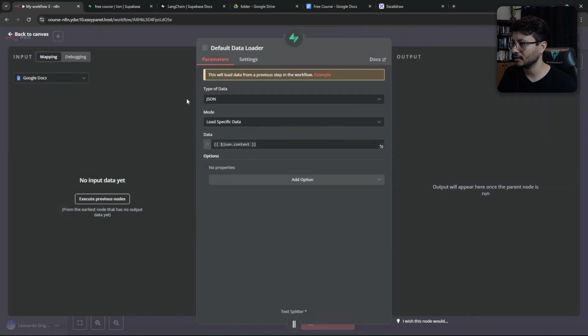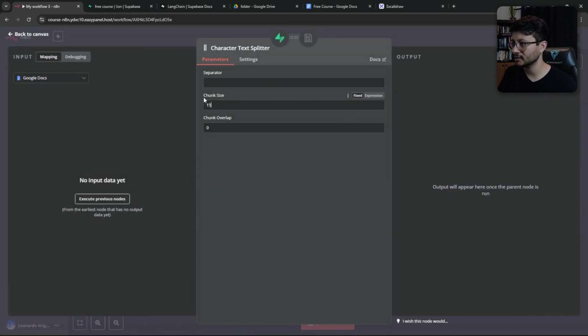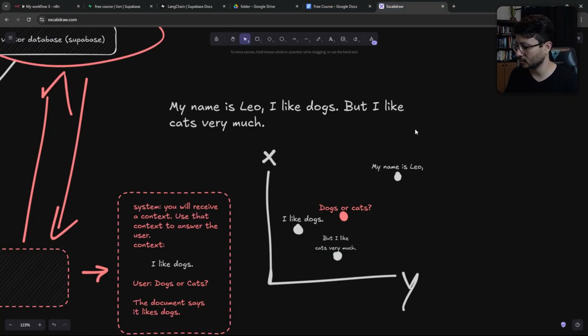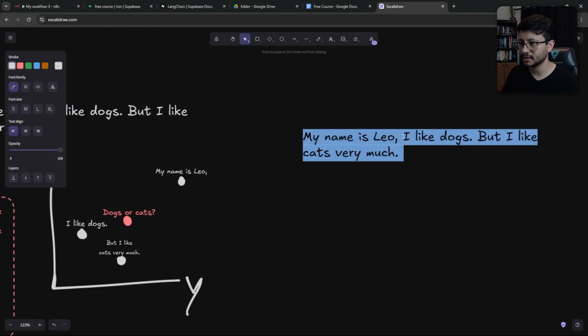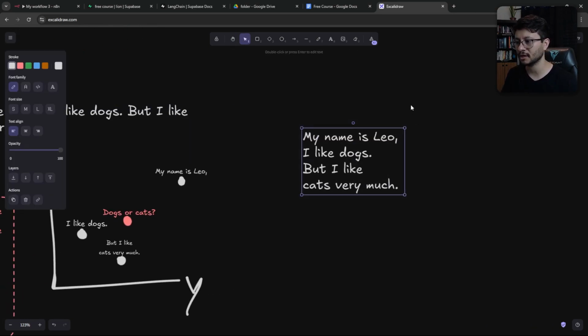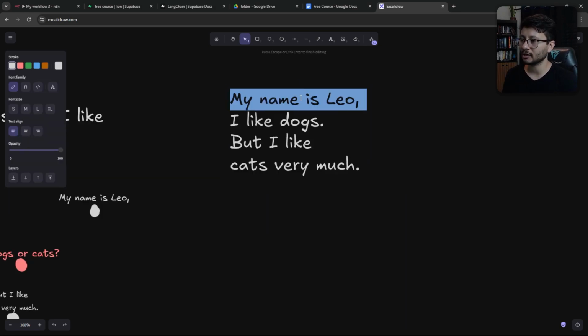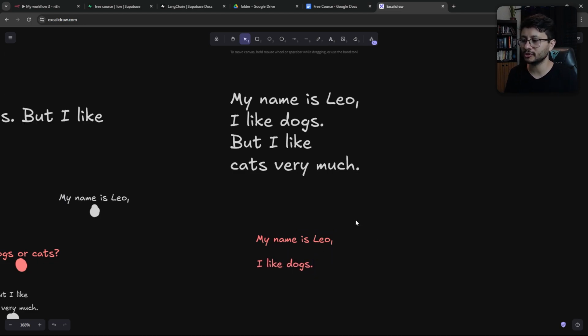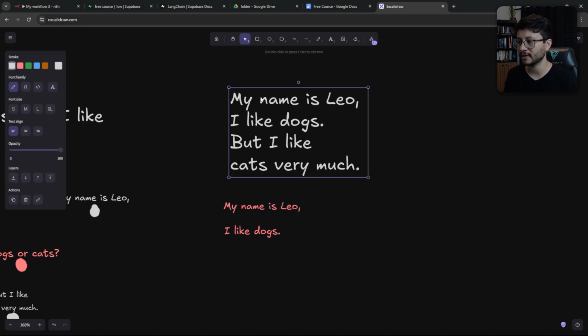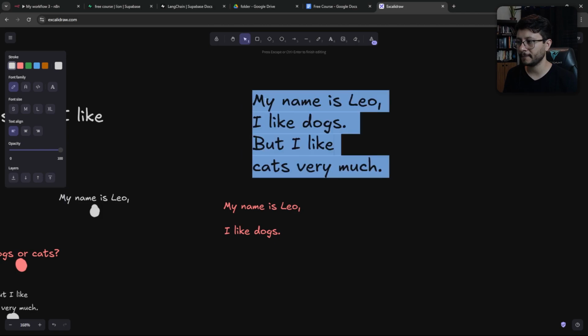Instead of splitting 15 characters, ideally this should be way more, so 400. And the chunk overlap, let me explain this while we're at it. The chunk overlap kind of works like this. Let's say we have these documents. If I didn't have chunk overlap, the first document would be this one, the second one would be this one, and so on. If I choose to use the overlap, then it would rather be "my name is Leo" plus,